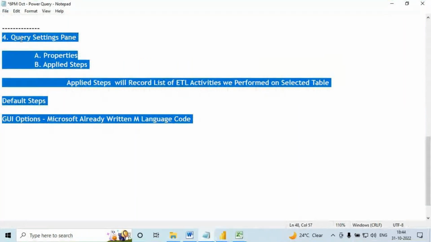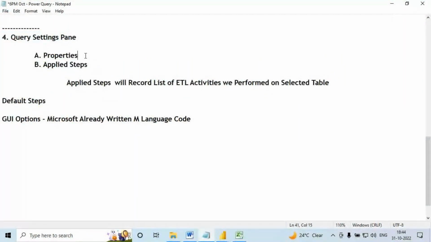For now, in the query settings pane, we talk about what? Update steps. Properties we'll discuss in later classes. The next one is